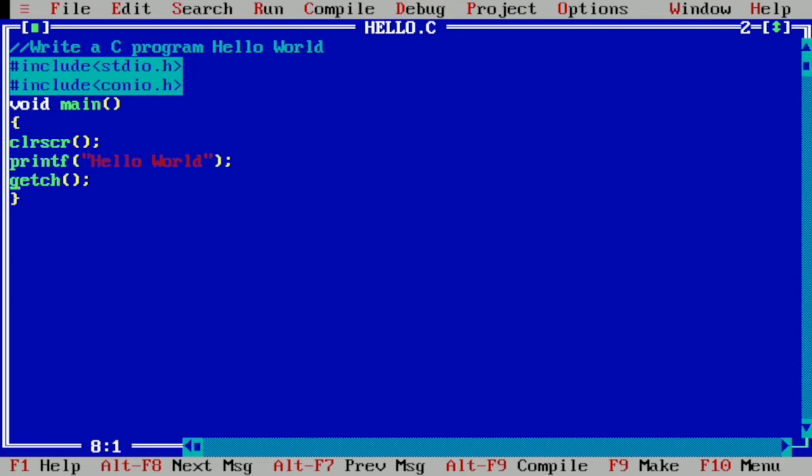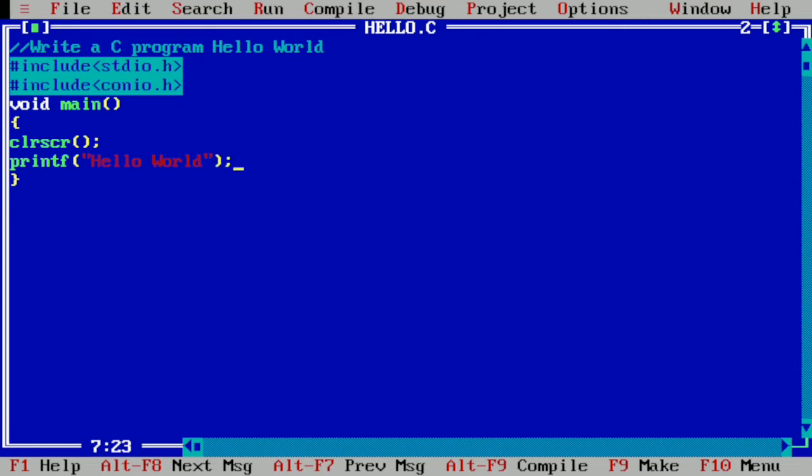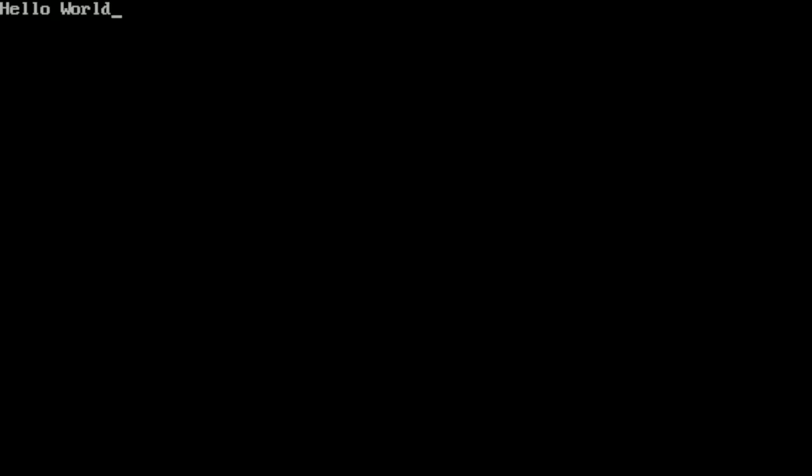So what is going to happen if I remove this? Again, I'm going to press F2 to save it, and now I'm going to run this program by pressing Control F9. Here you can see I pressed Control F9 once, but it has shown the result for a fraction of a second and went off just because of the absence of the getch function. Now, in order to see the result, we have to press Alt F5. Here you can see it has executed successfully and shown the result on the monitor.